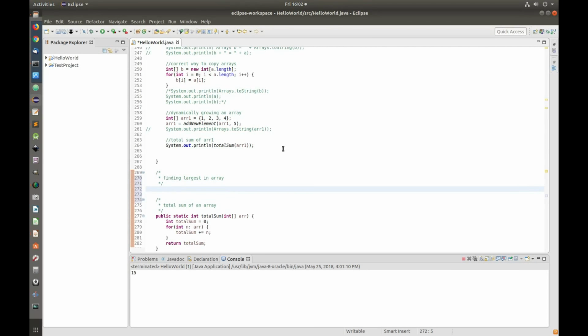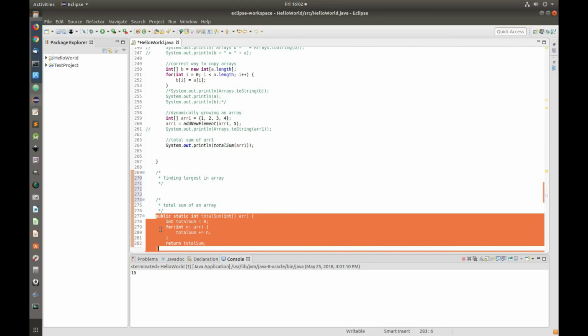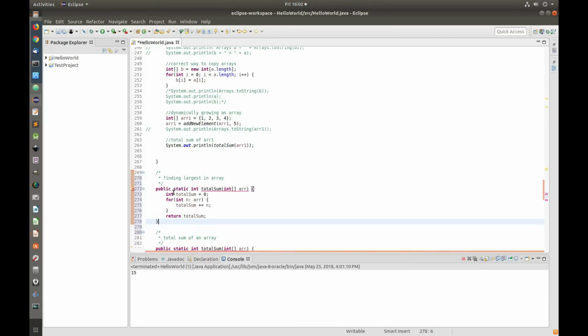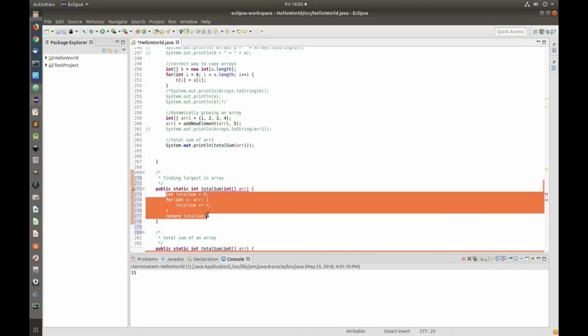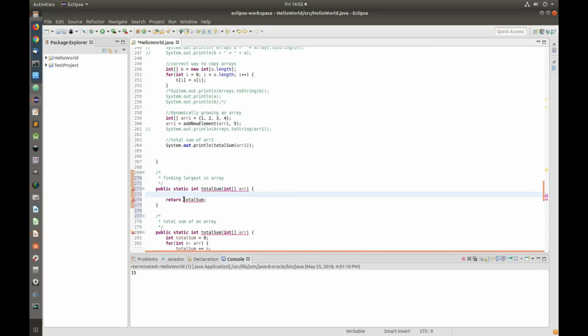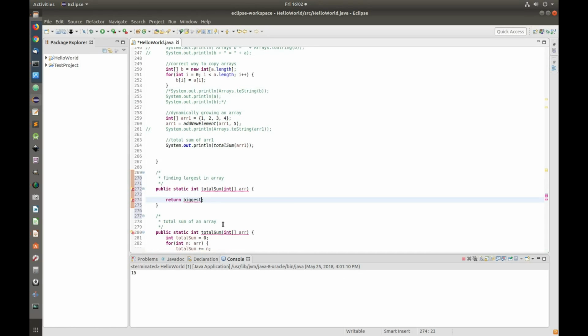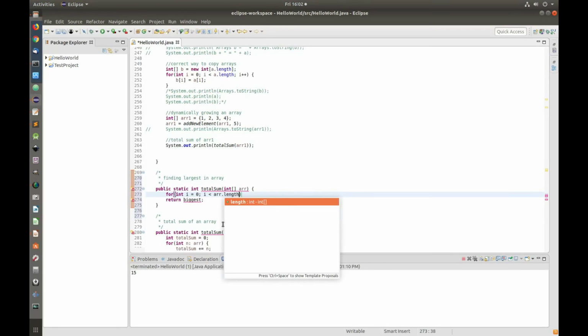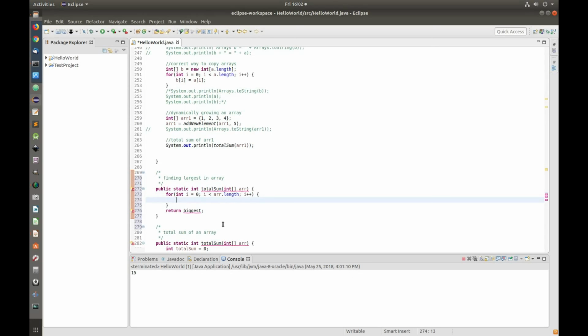And this one I'm going to pretty much copy the method, and I'm going to modify it. I'm going to return the biggest number, so I'm going to call this one biggest, and I'm going to initialize a for loop. So I'm going to say int i equals 0, i less than array.length, i plus plus. And actually I'm going to call this one big num,